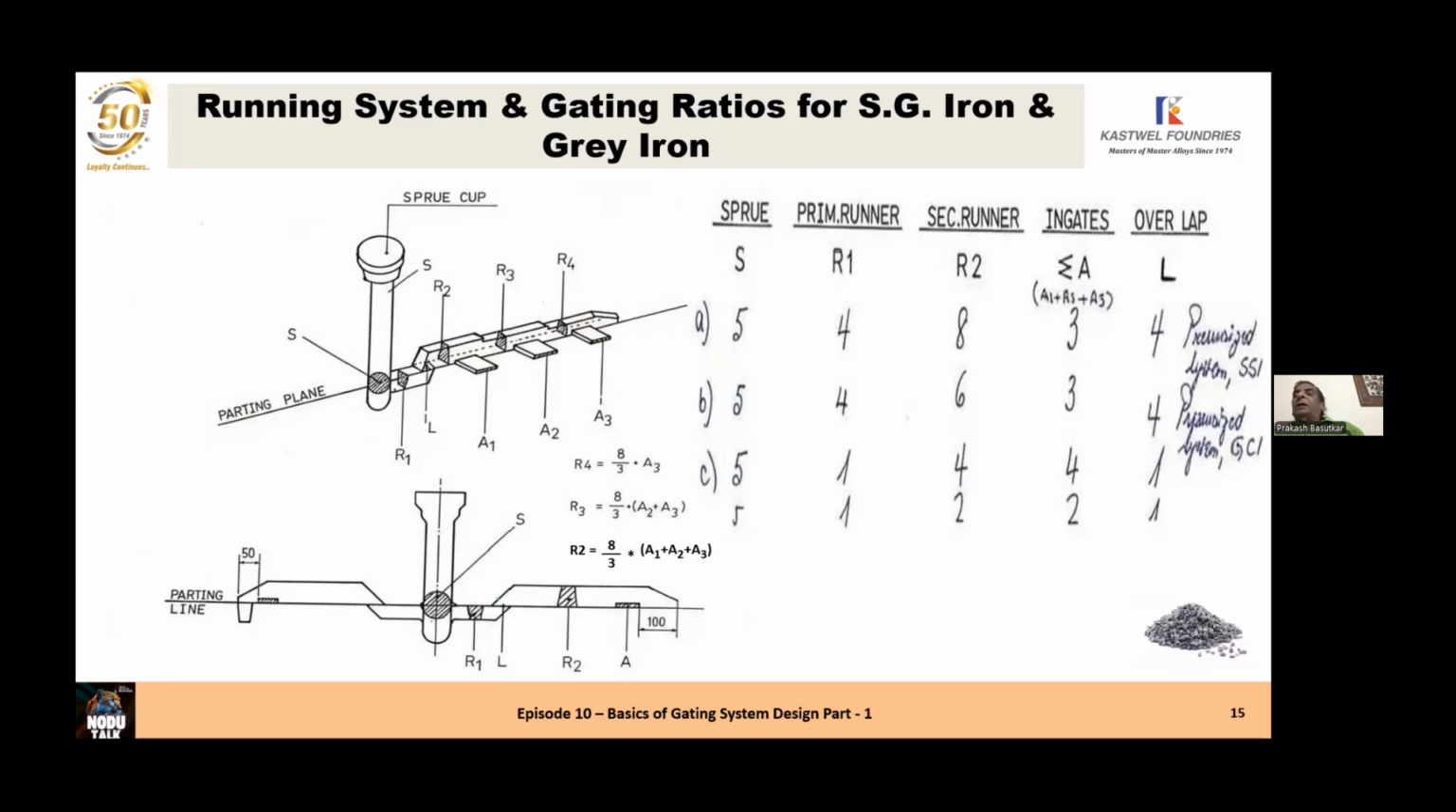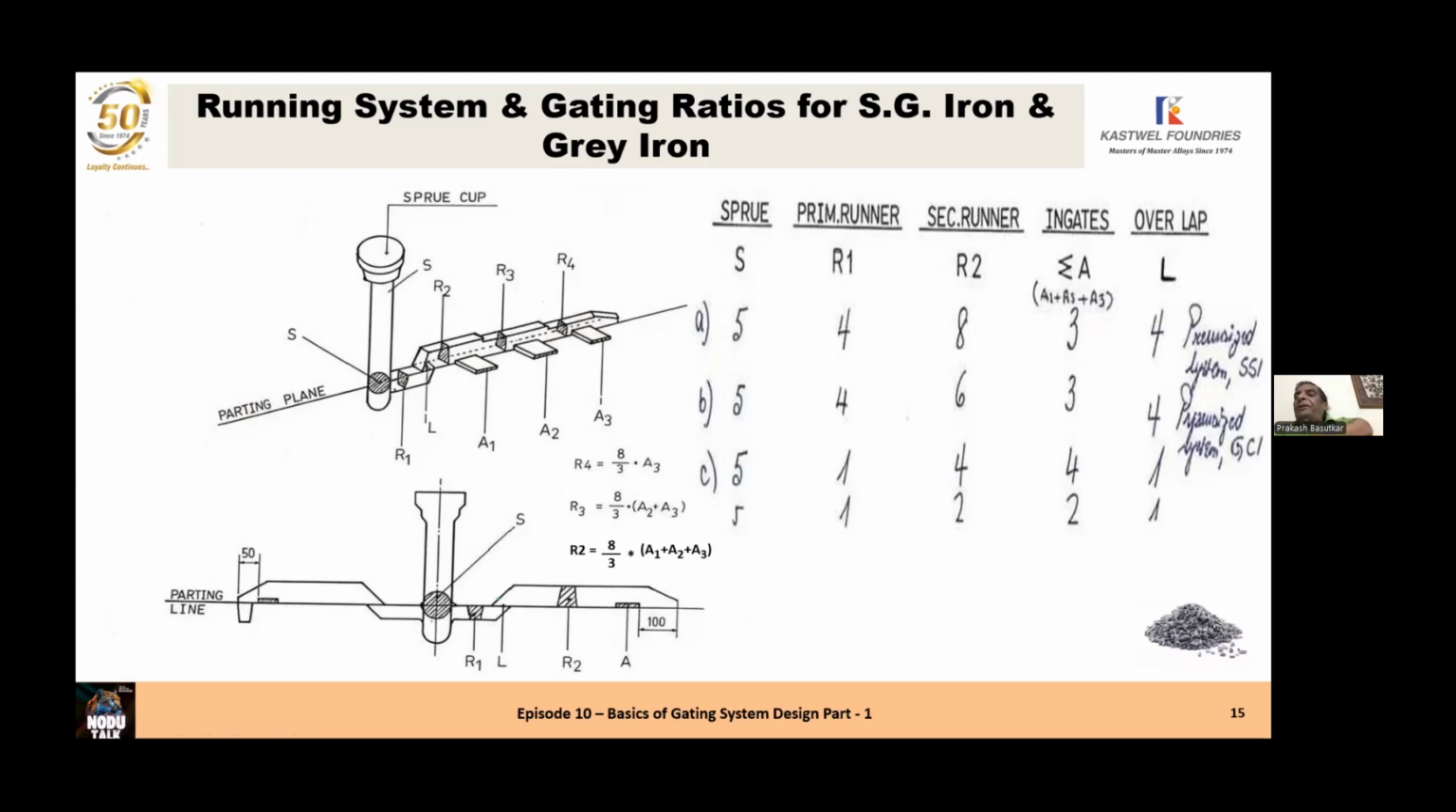That means there are 3 runners in the cope, and there is one runner in the drag. So the runner in the drag will deliver all the metal through the overlap, which is between the runner R1 and runner R2, into the runner on the cope, and from the cope, the metal will go into the in-gates A1, A2, A3. So A1 is the in-gate on runner R2, A2 is the in-gate on runner R3, and A3 is the in-gate on runner